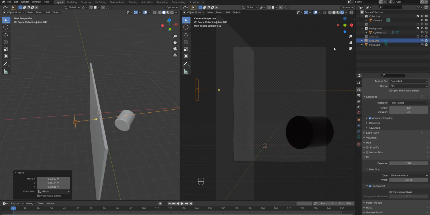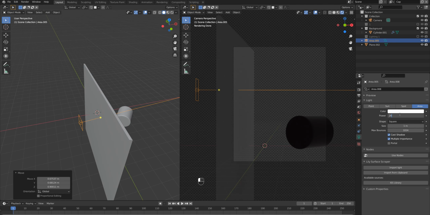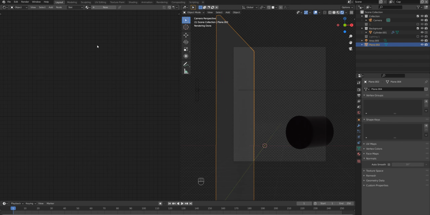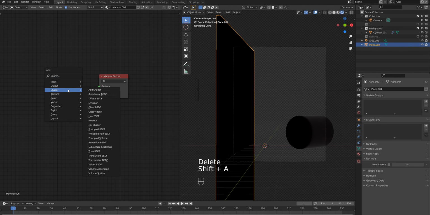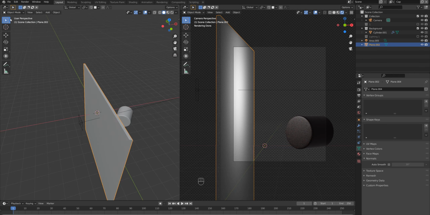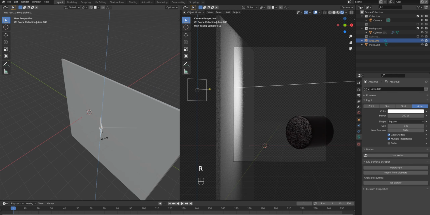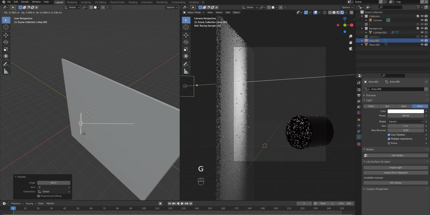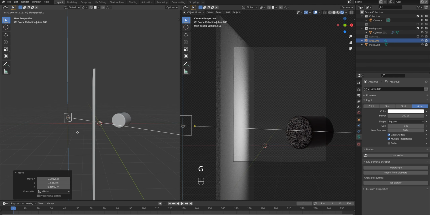So let's see how it looks. Let's add more power to that light source, like 200 maybe, and I'm gonna give it a new material. As I did previously, I'm gonna delete this one, Shift A, Shader, Translucent BSDF. I'm gonna connect it right here, get back to the 3D viewport, and I'm gonna rotate this light source like this. I'm gonna put it lower,